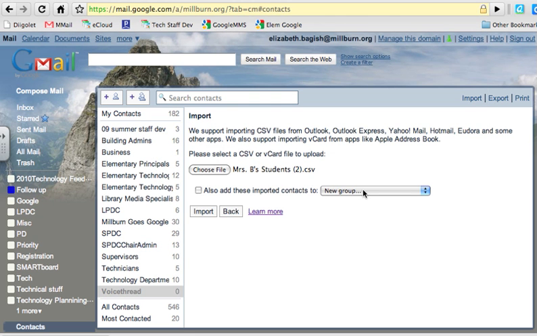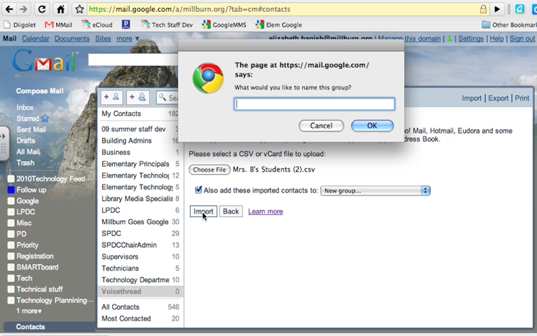And now what I want to do is add these imported contacts to a new group. For more information on CSV files you could hit Learn More, but it's really just a format, a way to save a spreadsheet. And I'm going to hit Import,